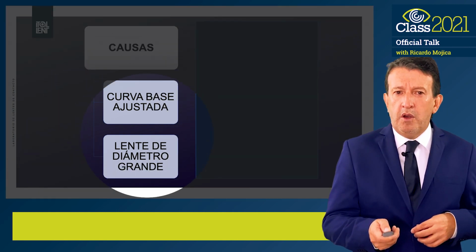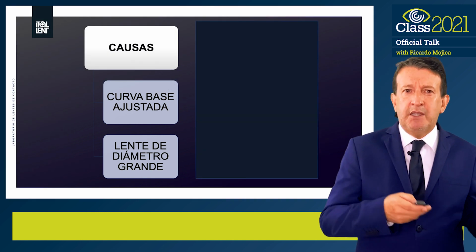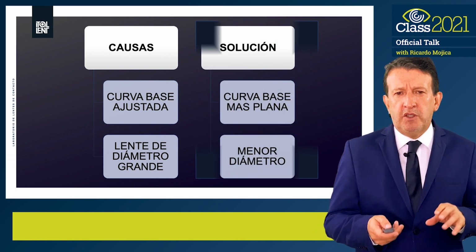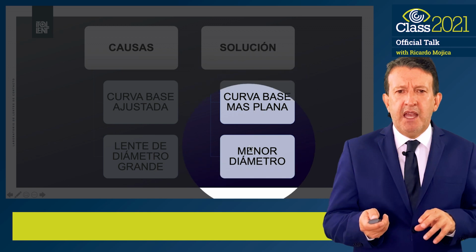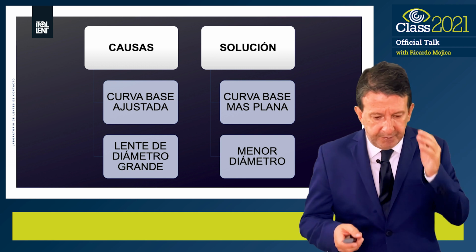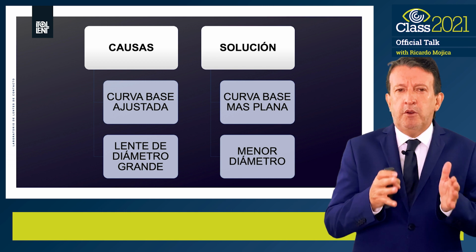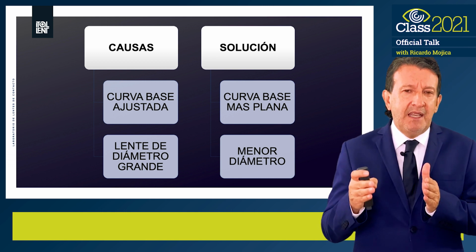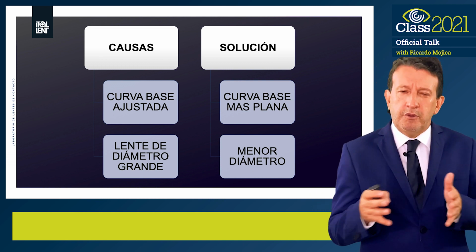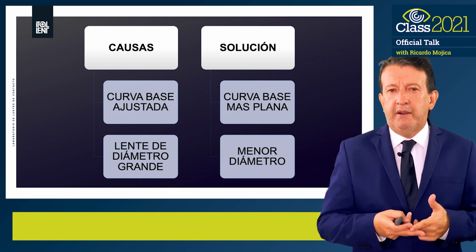Then either of these two causes may be the one that is causing those bubbles, or that little movement of the contact lens. And how do we solve it? By making a much flatter base curve and decreasing its diameter. I remember that at the time when talking about PMMA materials, most adapters generally did a little bit more good. The bigger the diameter, the more it moved, between 9.0 and 9.2, and sometimes 9.3. Because if the lens was very tight, they cut the diameter of the lens,